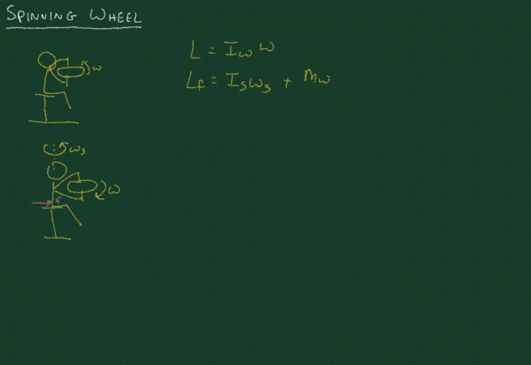We'll call this RW, which is the distance from the center of mass of the wheel to its new axis of rotation. Right. This is a parallel axis theorem thing. So this is RW squared